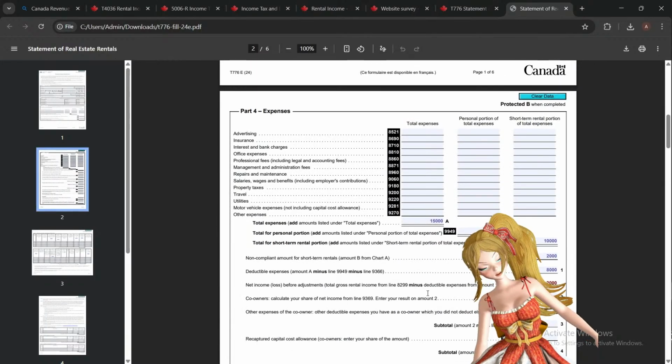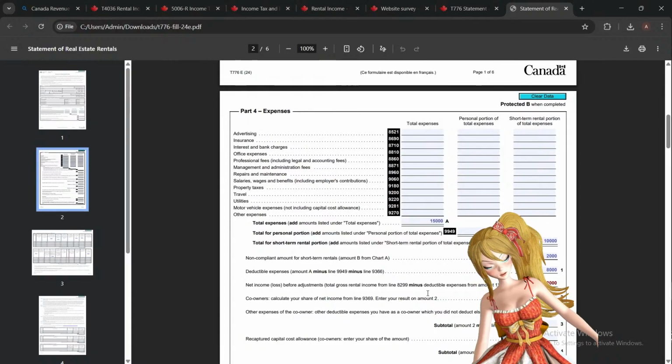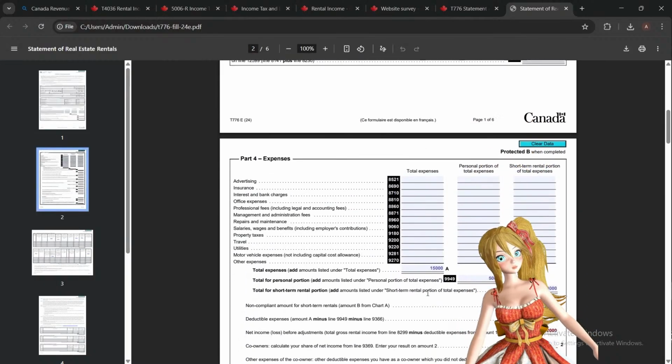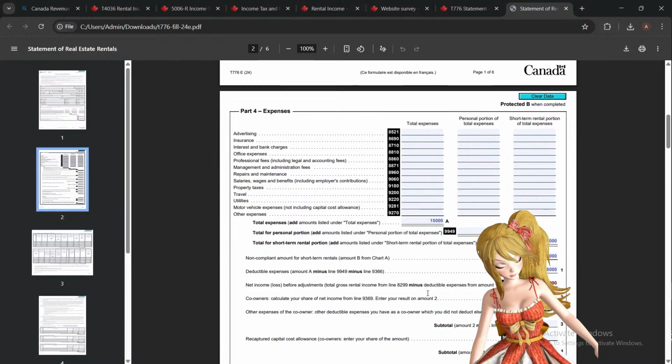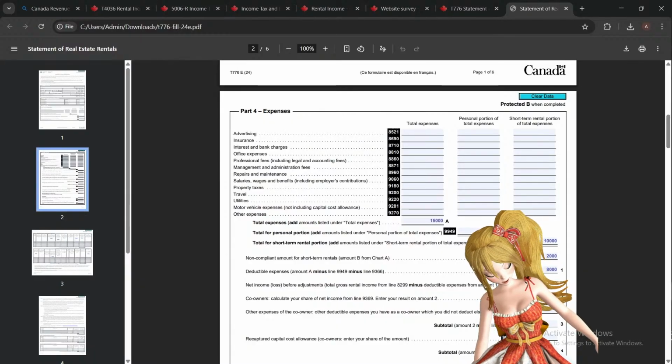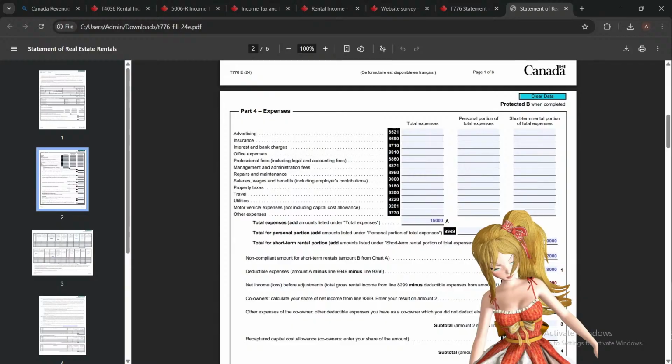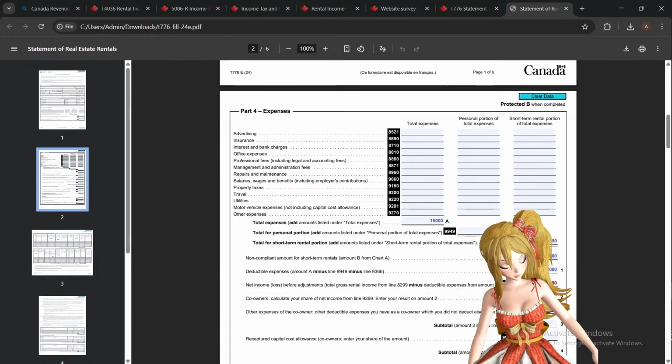And the net income is total income, 10,000, minus the deductible. 10,000 minus 8,000 is 2,000. So the net income is, I got a $2,000 profit,